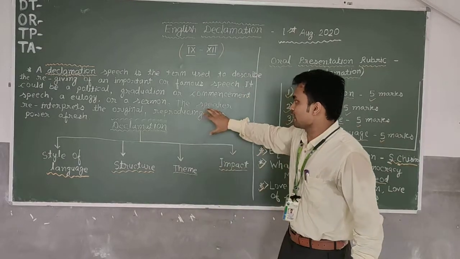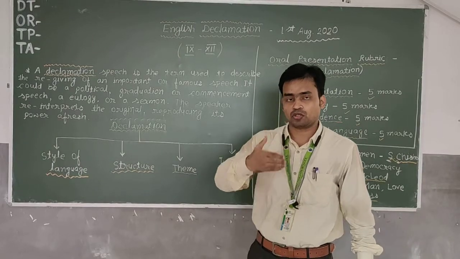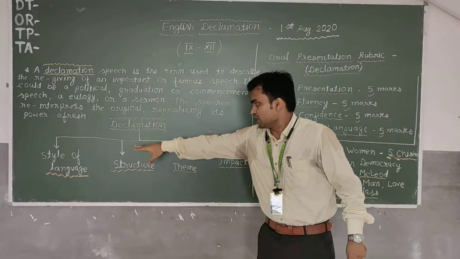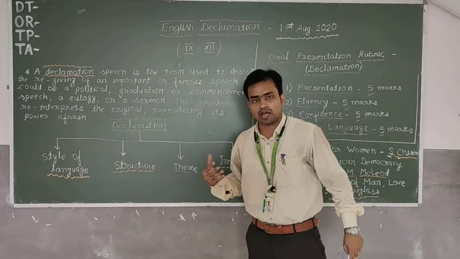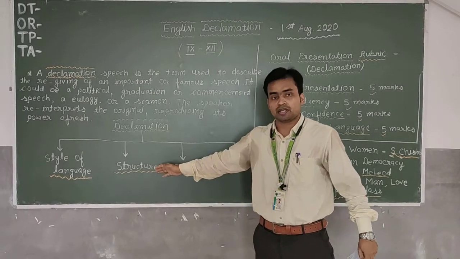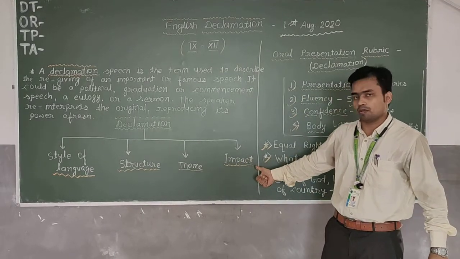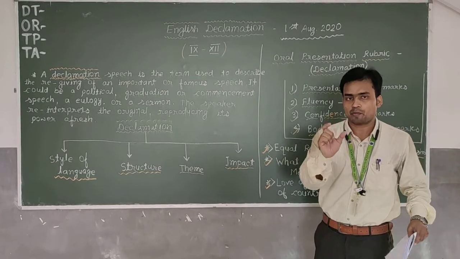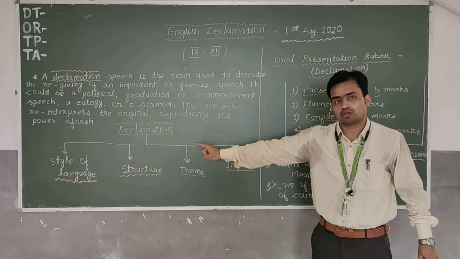Right. Now, talking about the parameters, whenever you select a speech that you need to give a declamation speech for, these are the four pillars of declamation speech. First is style of language, the language that you choose. The second is its structure. The third is its theme, and the last is impact. So when you choose the topic of declamation, remember to test the speech on